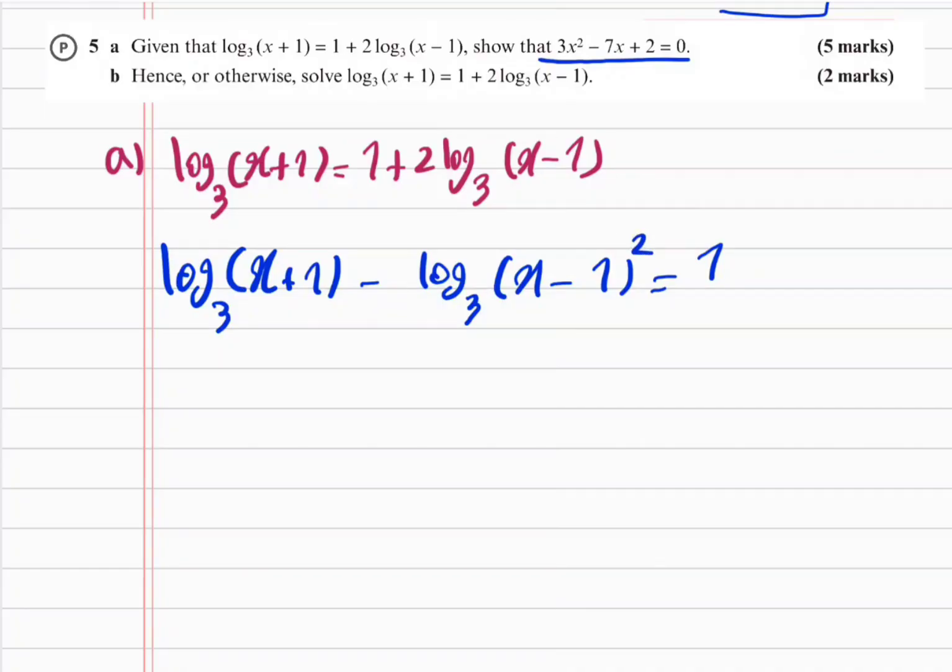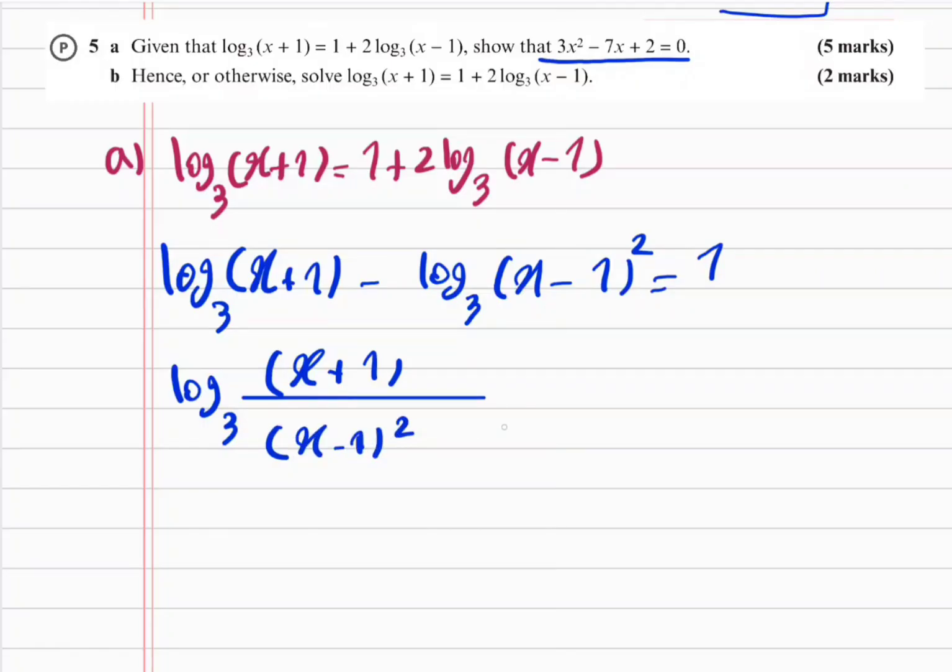So if it's a coefficient, then we can bring it back inside as the power of the number expression. Now that we have it in this form, let's write this as log base 3 of the first expression, in this case x plus 1, over